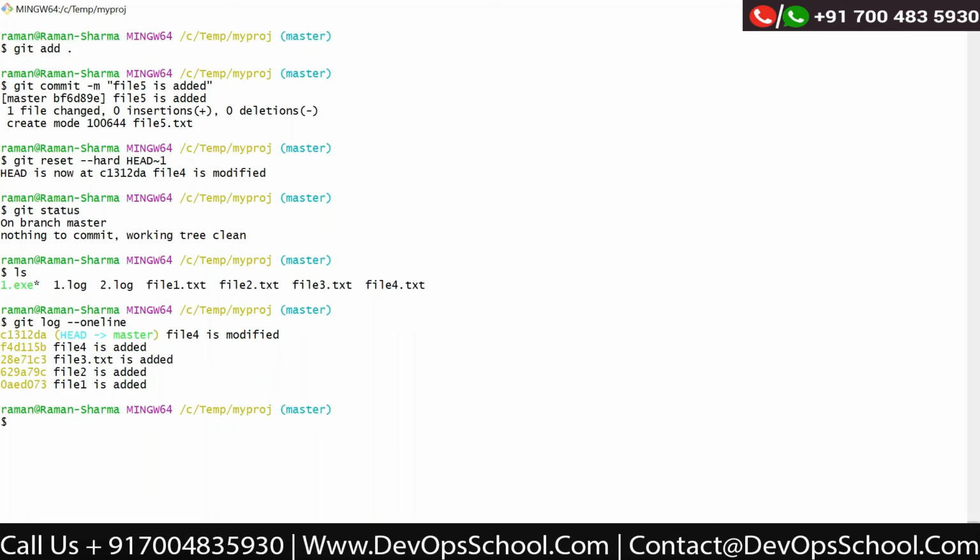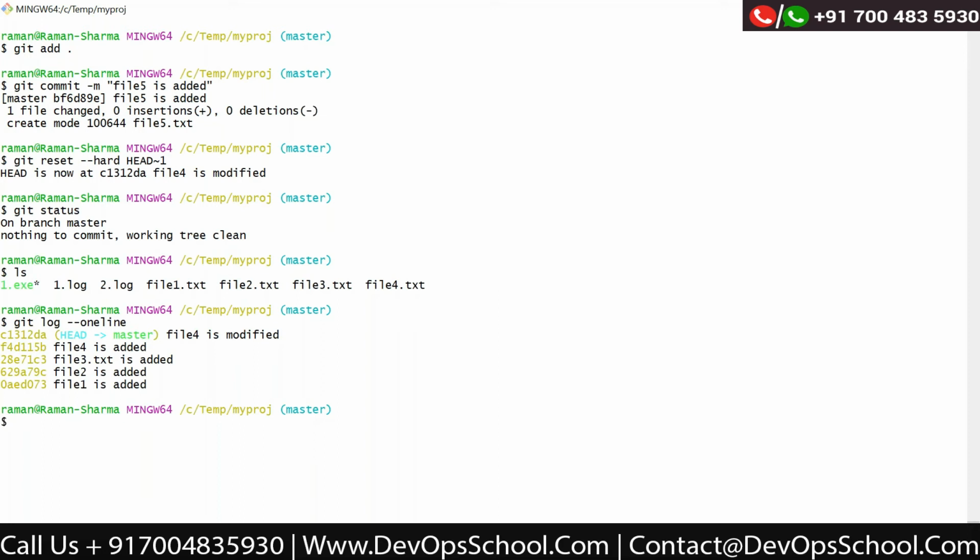For example, you want to revert back to commit number 3, commit number 7. These things you cannot do with the git reset command. For that, we have another option, which is git revert.